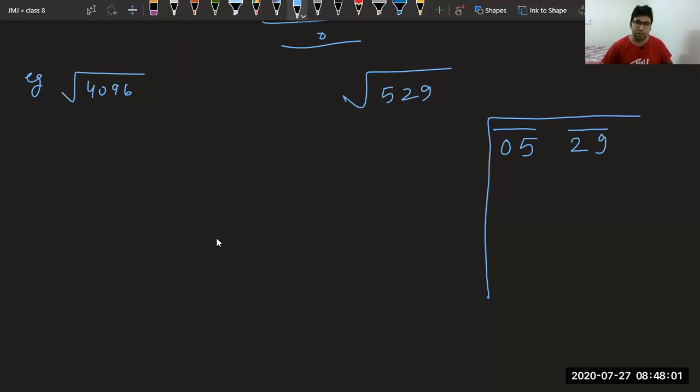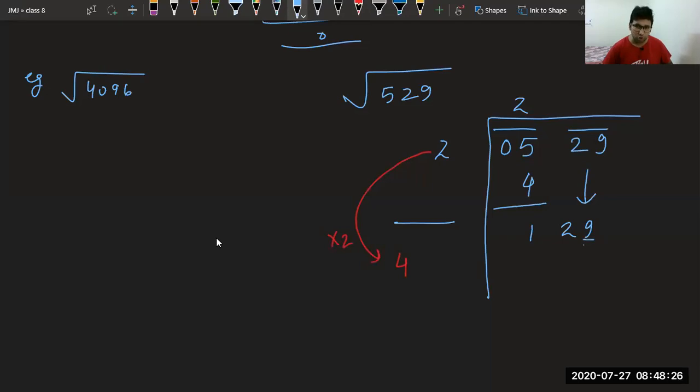Now see, first I take 2 and 2. So 2 2s are 4. Answer was 1. 29 came as it is. Then we have to do twice of this. We have to do twice of the divisor. It becomes 4. Now tell me again which number to take.